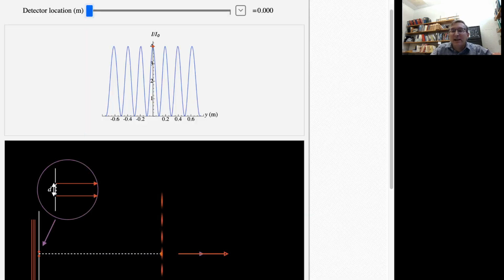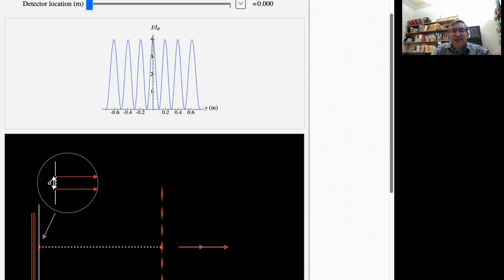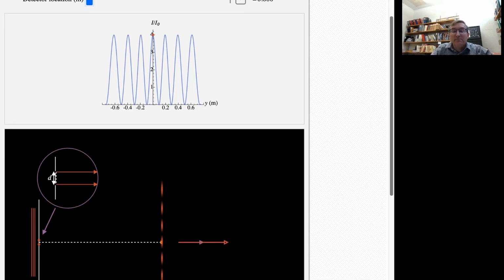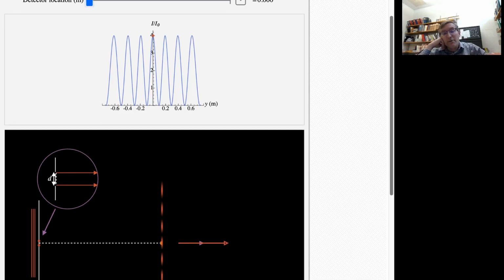Now we've got slightly different lighting effect here to help you see intensity and how you have bright and dark fringes. Sorry, so the fringes are over there on the right on the viewing screen. We're assuming red light. Okay, and again I can move the detector. Right now I'm at the central maximum at the middle, so the intensity is at maximum. And I is 4I0 as the graph shows. And I start moving my detector upward. And when I get to the center of a dark fringe, my waves are exactly out of phase, and my dot on the intensity graph is down at the bottom at a minimum. If I keep going upward,